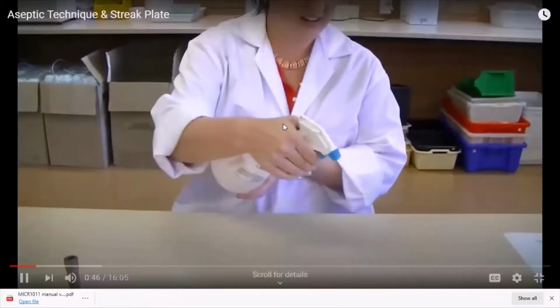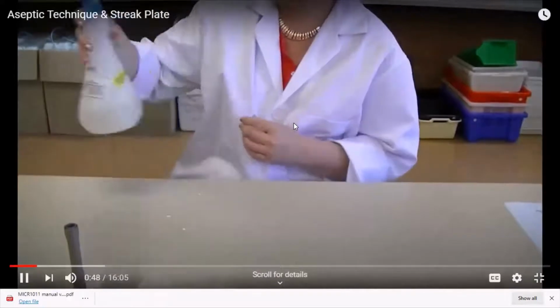Firstly, we need to wipe down the surface that we're working on. So you should have some bench cleaner. Spray the bench with the bench cleaner. Bench cleaner is basically disinfectant, which will remove...